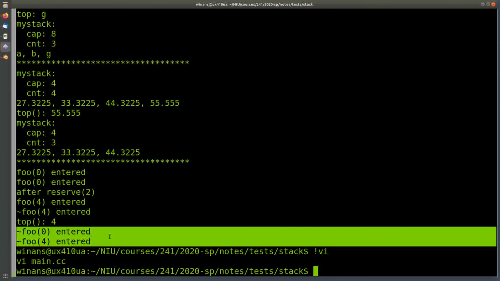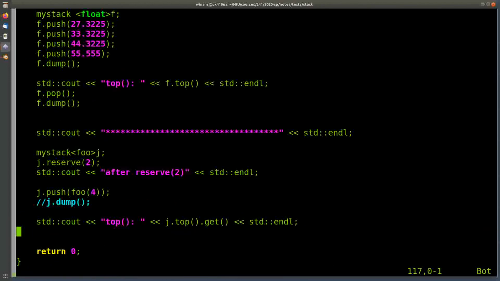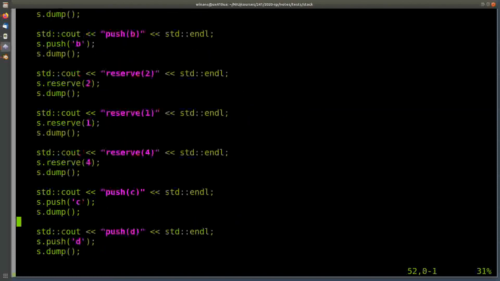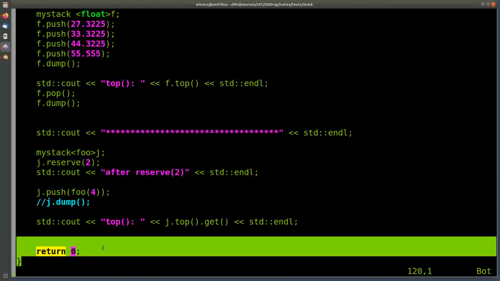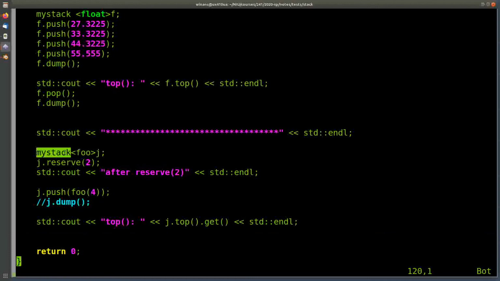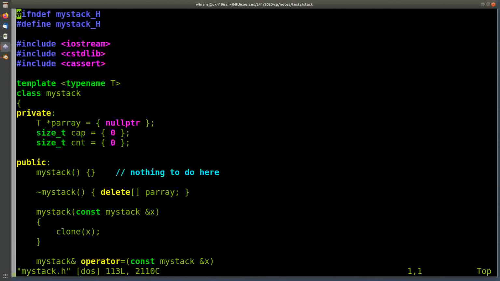So what's going on over here? Well, these two things that are destructed, you'll see a 0 and a 4 get destructed. Well, what's happening there is, when we get to the bottom of the main here, remember we're in the middle of main, this function right here, okay? When this my stack foo goes out of scope, it's destructed. Well, what does the destructor for my stack do, right? It does this. It says delete all the elements in my P array. Well, remember I reserved 2. There were 2 of them that were constructed, right? When I delete them all,